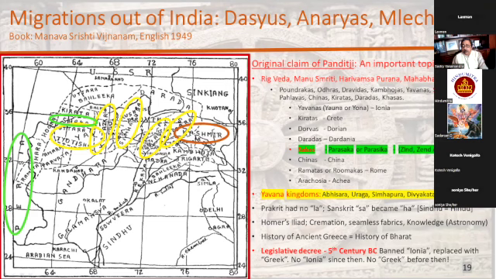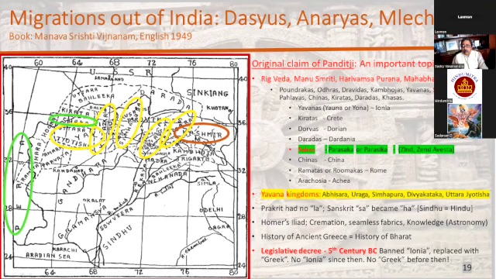I had multiple questions, but one question is: all these migrations happened only from the northern part of India, is it? Did any migrations happen from the middle or south part of India? No. These were large-scale migrations, and if they had to leave from anywhere else, they would have had to contend with water bodies. So the land routes were the easiest to migrate out of. It's not that people picked a destination in Greece and migrated to Greece. These migrations were out of India.